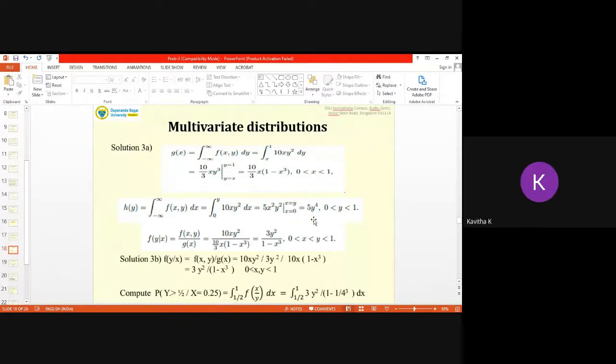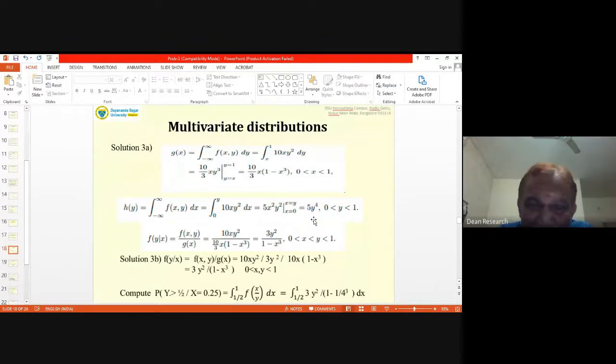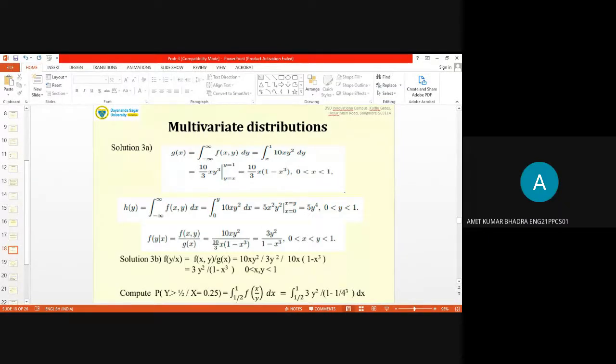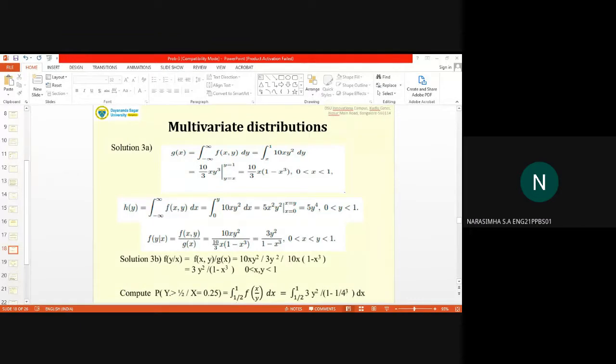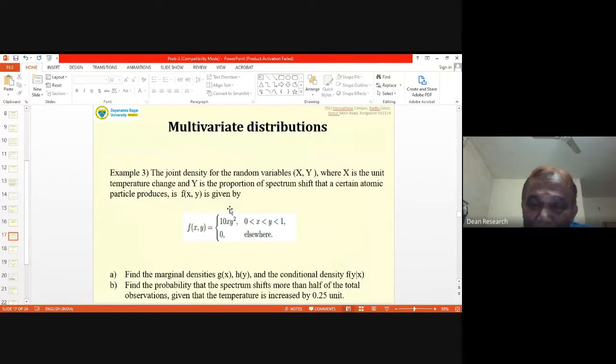No. That was done keeping x in mind, sir has done it. So you have to redo the entire integration once again, keeping 0 to 1. Oh, very good point. Keep x as a constant, keep 10x outside. Wait, one sec. In fact, Amit is right. You know why? It is given y is always greater than x, sir. That condition is there. See here, 0 less than x, less than y, and less than 1.